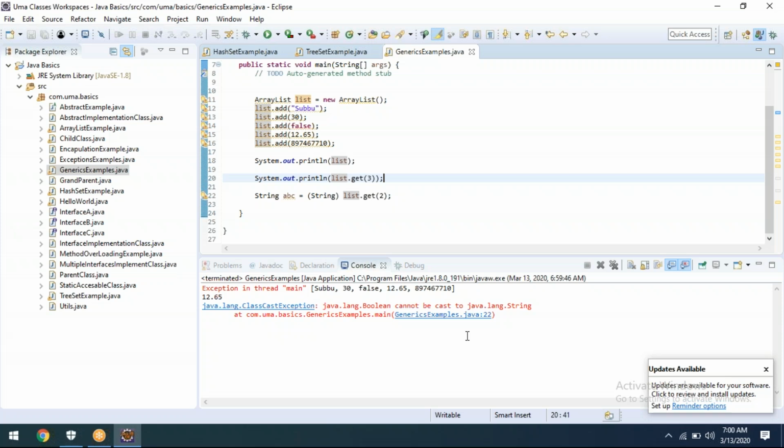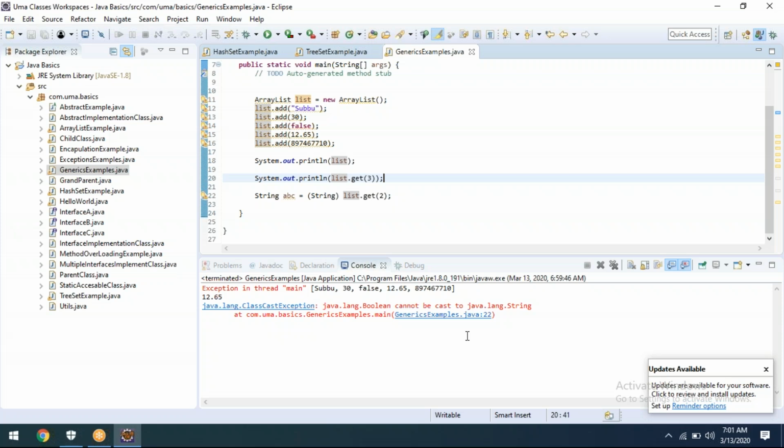Now, what we need to do, there is some problem here. It means type safety. What do you mean by type safety? Whatever value we are storing, we may or may not be able to understand which type it is. See, for example, now we have only 5 or 6 values. If you go for thousands of values, how can we determine? Is it possible to determine? No, we need to check the result line by line.